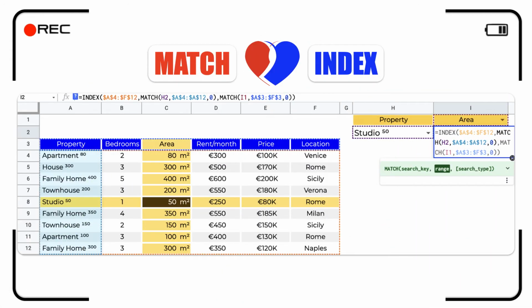To get a correct result when we use the match function to provide the number of the row and column dynamically, we keep in mind that the range of the index and match functions should be the same size. For example, if the index range size is 9 rows and 6 columns, and we use the match function to get the number of the row and another one to get the number of the column, the first match range size should be 9 rows and the second match range size should be 6 columns.